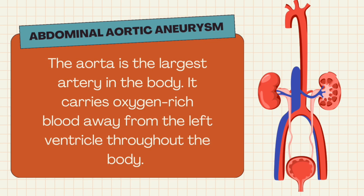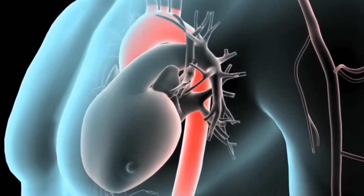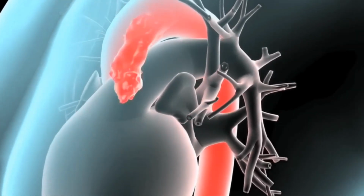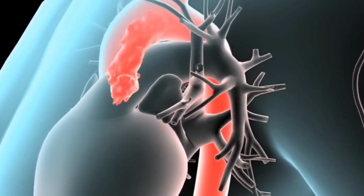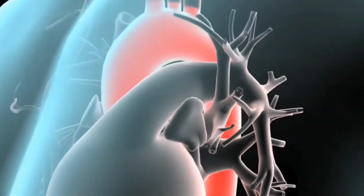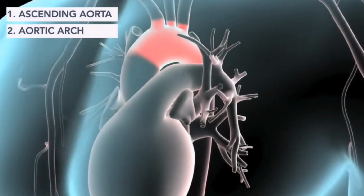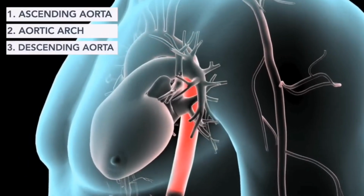Your heart pumps blood through a big blood vessel called the aorta, like a highway that carries blood to the rest of your body. Part of this highway runs through your belly. The aorta is the largest artery in the body. It carries oxygen-rich blood away from the left ventricle throughout the body. The aorta can be divided into four sections: the ascending aorta, the aortic arch, the thoracic or descending aorta, and